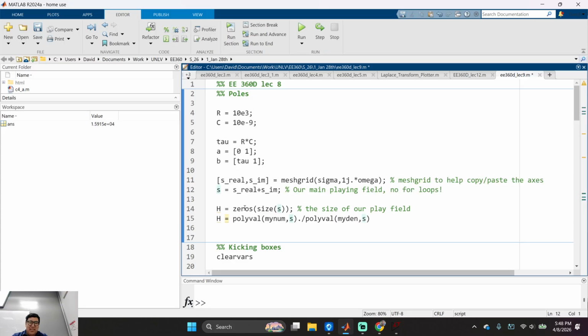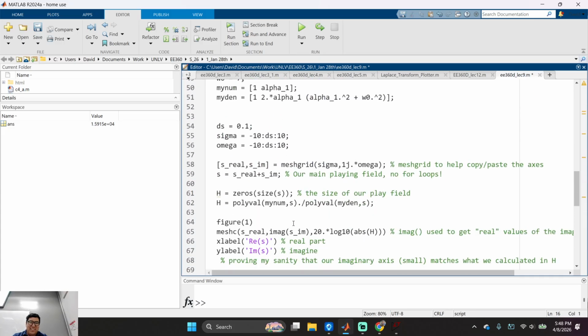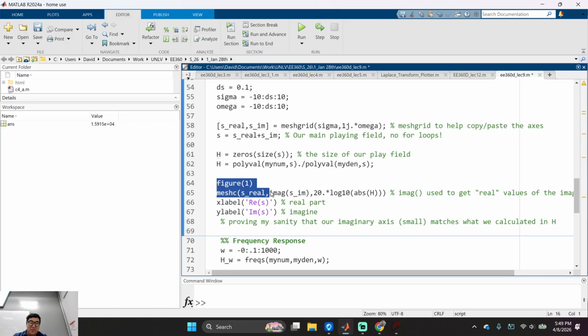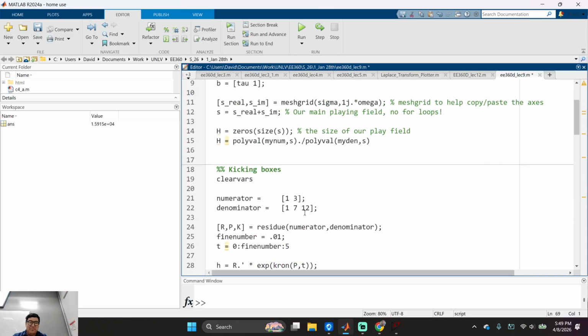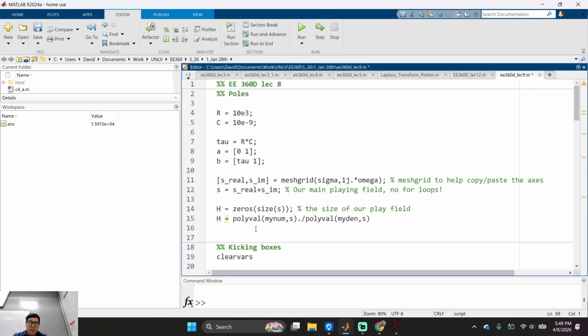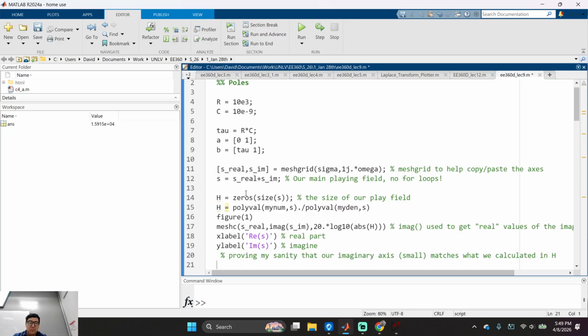Okay, and then zeros, and then calculate, and then what else did I do? Let me see, because I'm copying and pasting things because I want to go home. Boom, copy paste. Okay, and let's run this. Control Enter. Something barked at me. Oh, because this should be my numerator. My numerator is A, and then my denominator is B. There we go.